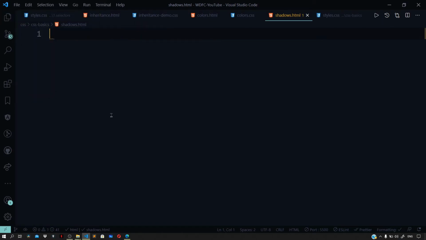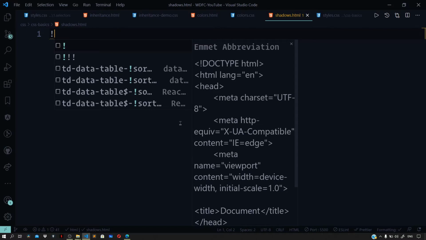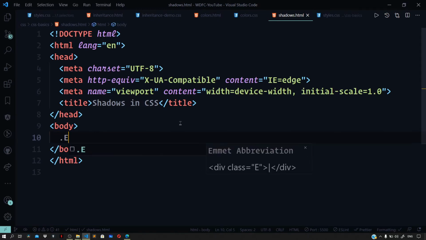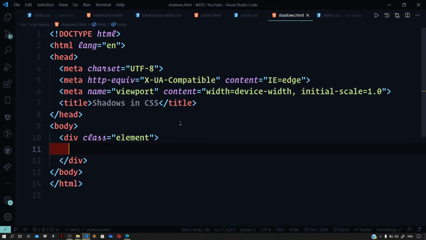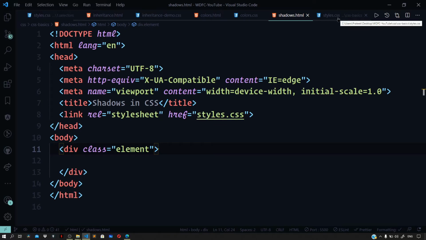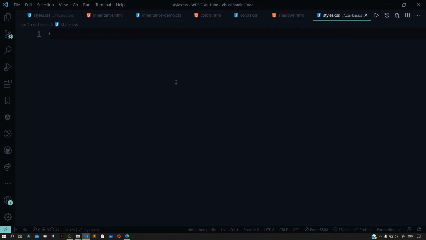So in here, let us quickly scaffold our basic HTML boilerplate. So exclamation, press tab, and give the title as shadows in CSS. So right here, let us define a div with the class of element. So dot element, press tab. Let us now link our styles.css file to our HTML file and then define a couple of CSS rules in there. So link styles.css. So head over to styles.css and let us target the div with the class of element